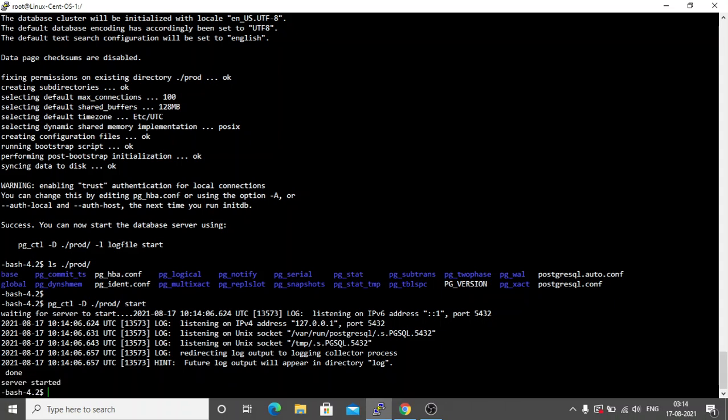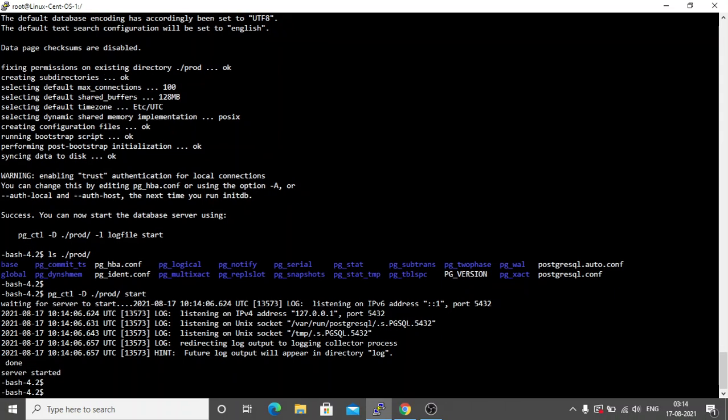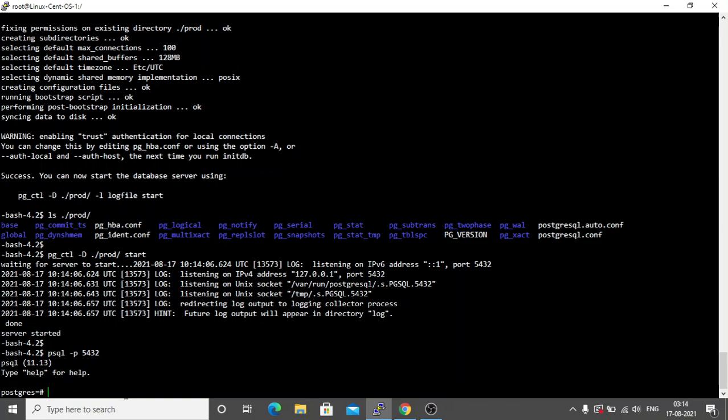Okay, and you can see the server has started on port number 5432. So we can enter psql and enter the port number 5432. So psql will connect to the port number 5432 where this cluster is residing. So psql will connect to this server.